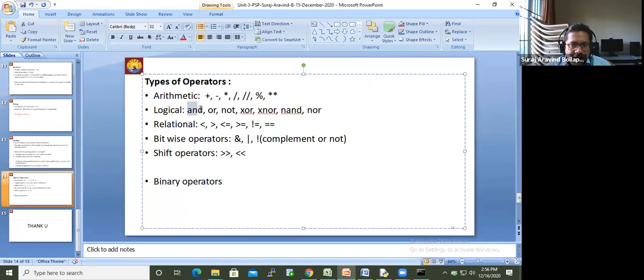Similarly, and, or: one condition and another condition, so two operands. Not is a unary operator.